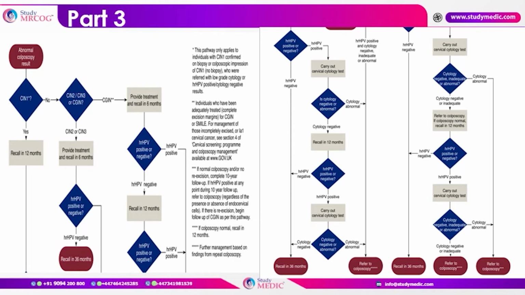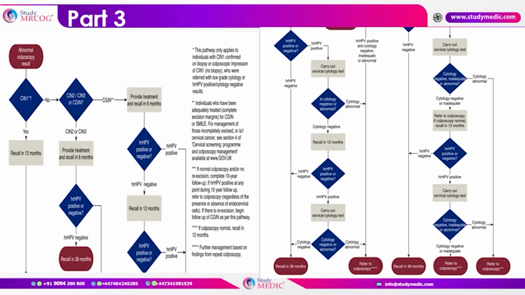High risk HPV testing, if it is negative, then again recall in 36 months. However, if the high risk HPV testing is positive, then you have to again do a cytology. Always remember, high risk HPV positive, the next test will always be cytology. Accordingly, depending on the cytology, you'll go ahead with the first part of the flowchart, that is part 1